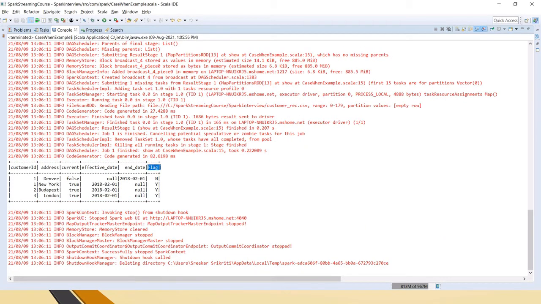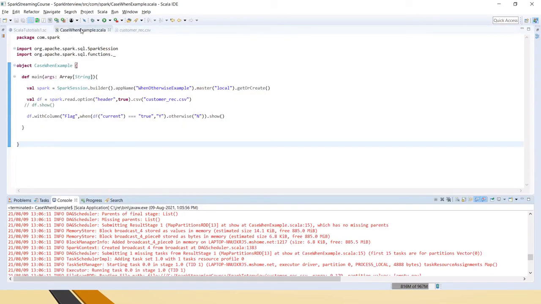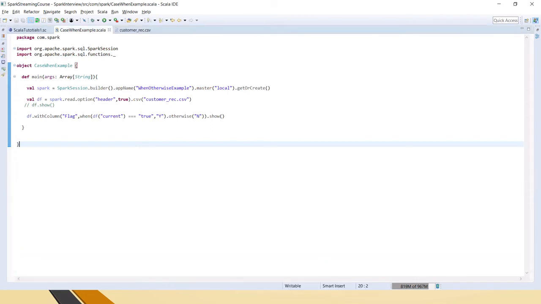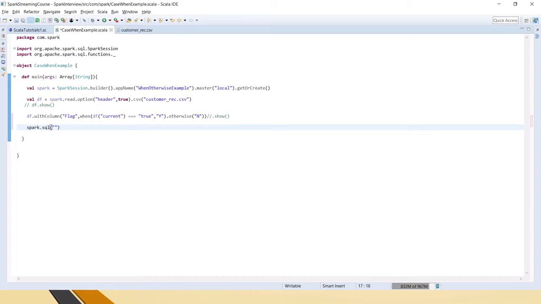You can see here that a new field called flag has been added. Where current is false we got the flag as n, and where it is true we got y. So this is how we can use when and otherwise in the data frame API.